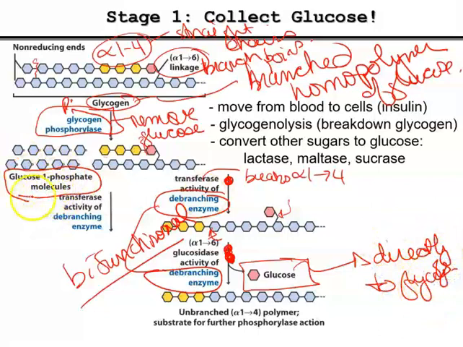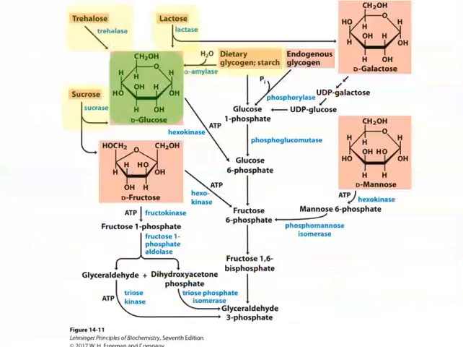And these glucose 1-phosphate molecules are going to go to glycolysis too, but we need to do some work on them first. So the glucose 1-phosphate molecules that came from glycogenolysis, see the Pi? That's the inorganic phosphate that was used by glycogen phosphorylase. See glycogen phosphorylase here, endogenous glycogen. This is glycogenolysis. We end up with glucose 1-phosphate, and there's an enzyme called